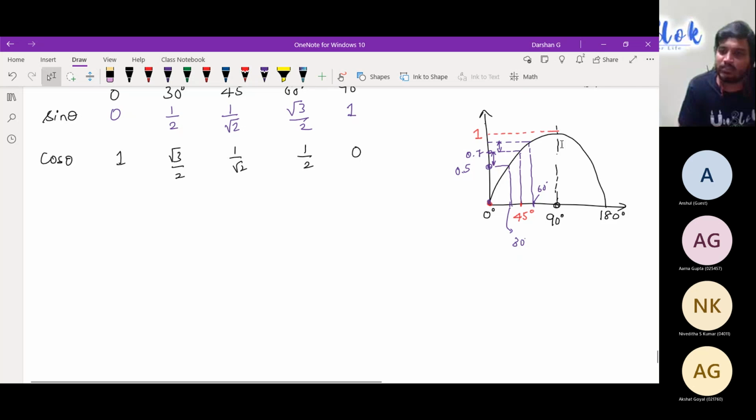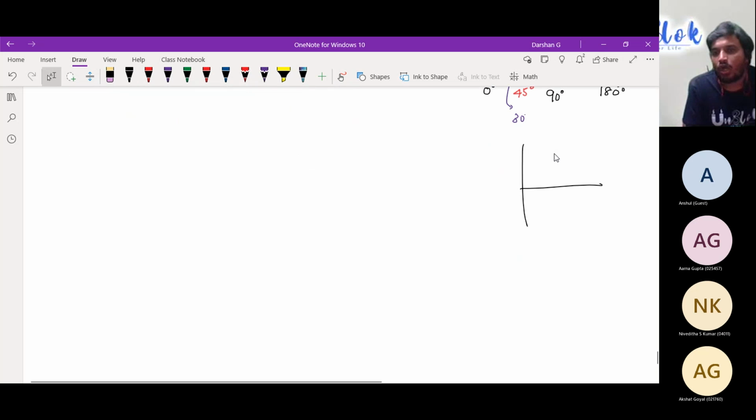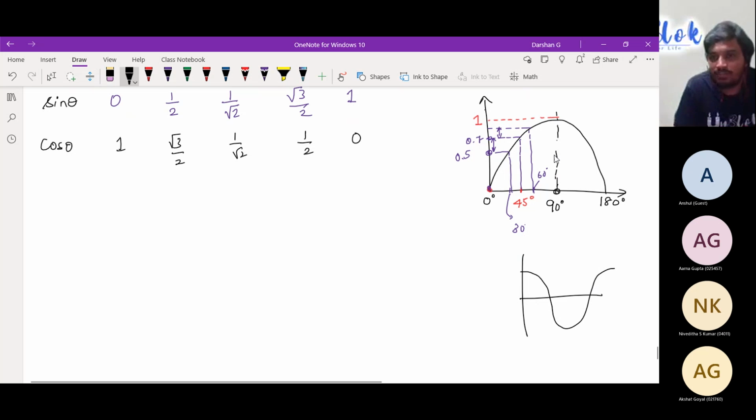As I told you, the sine wave looks like this. And if you see how a cos wave looks, it is exactly like sine, but displaced by 90 degrees. So if the sine wave starts from here, the cos wave will start from this point. That is the cos wave. So what will happen here? This will be 0 for that cos wave, and this will be the 90 degrees.